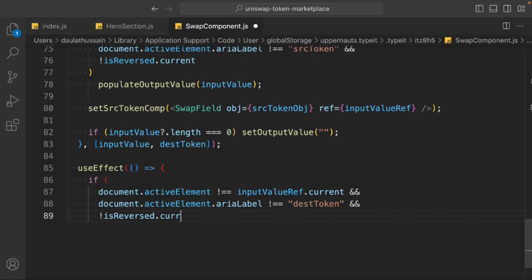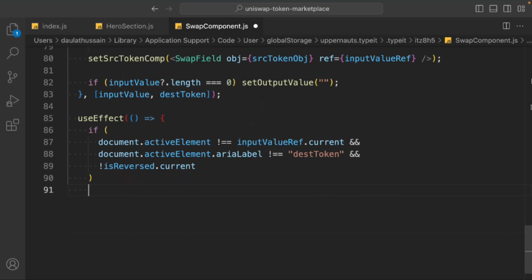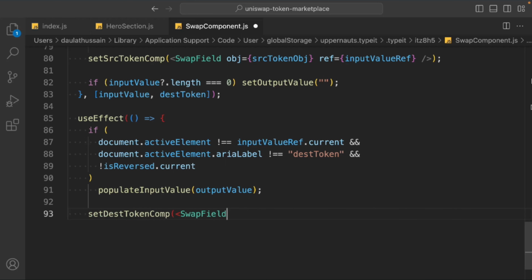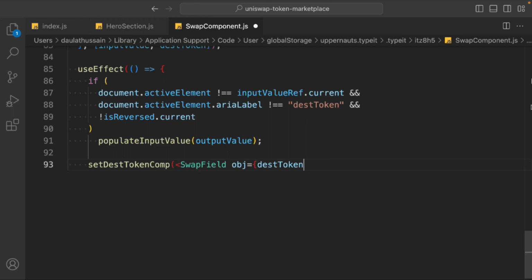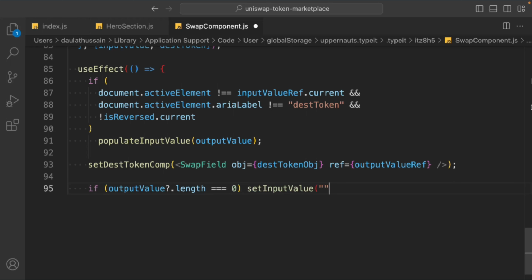So again we have to check for isReverse.current and close that, and then we simply build the logic. So we'll take this populate value and we'll say output value. We'll check for data, we'll say setDestinationToken, and we have to simply update that in the swap field, meaning the destination token object and the ref output value. And here we have to do the if check. We'll say outputValue length is equal to 0. Then we have to set setInputValue,